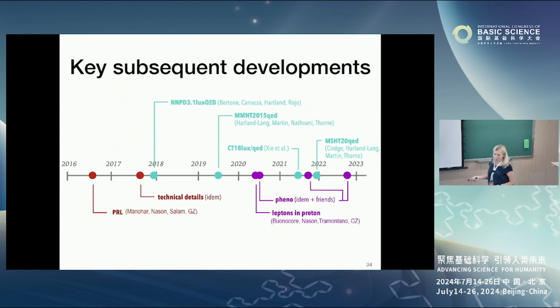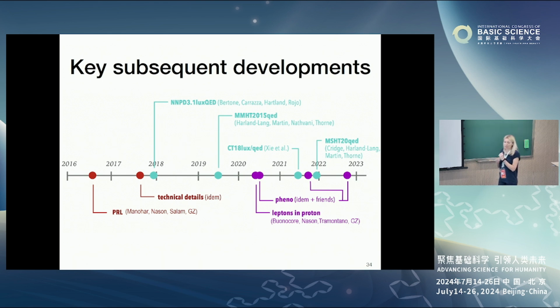Now, what happened after our work, very briefly? This was the first paper, the one that received their work here. We then produced a second paper with all technical details, much longer. And after that, essentially all global PDF fitters, so NNPDF, MMHT, CT, and so on, they all used our method to include the photon PDF in their global fits. And they all have these versions, which they call LUX or QED, which have now photon, our method fit, essentially. And then something else that happened.